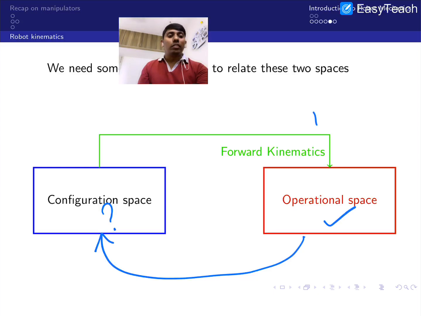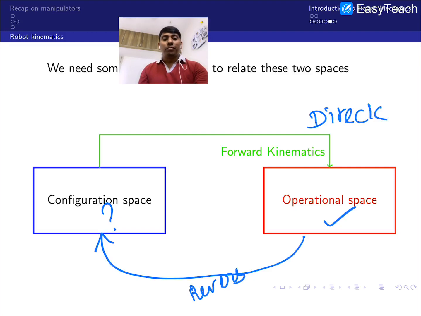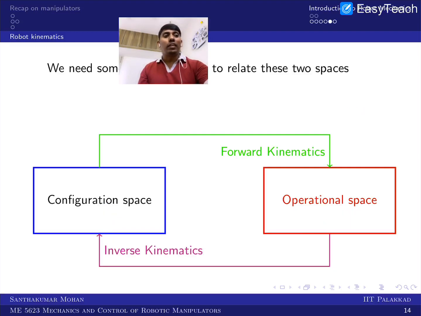Some people call forward kinematics direct kinematics. This is what we call reverse kinematics. So all can actually be synonyms. Okay. So now you have clarity on what is forward kinematics and what is inverse kinematics. Although we are focusing on the study of motion, what we are doing is going a little further. We are mapping from one space to another space. So this is what we call robot kinematics.